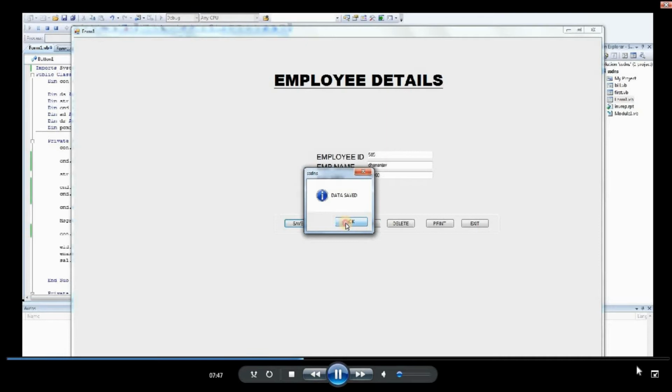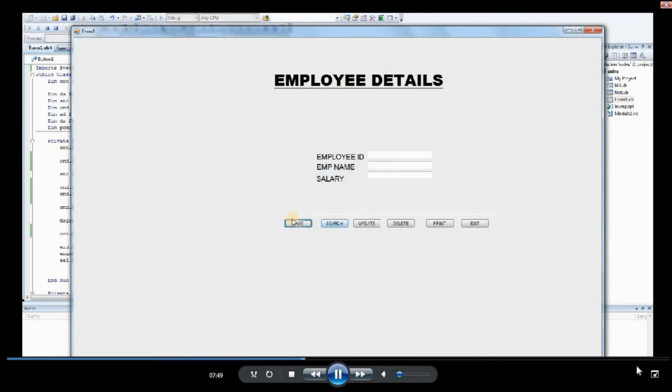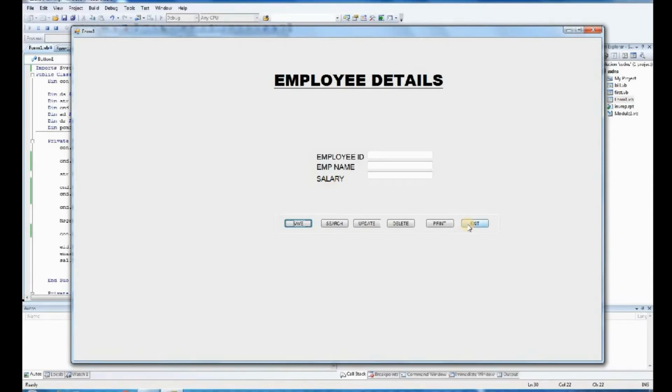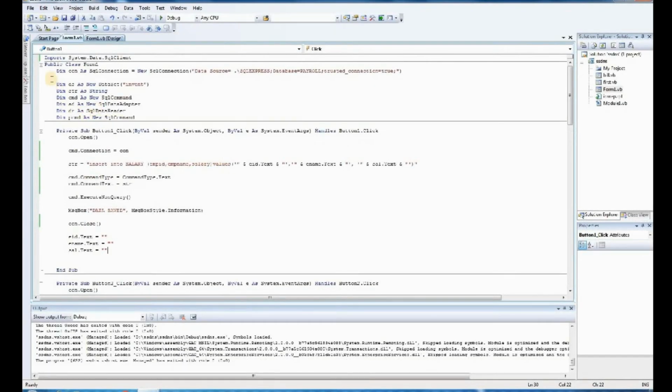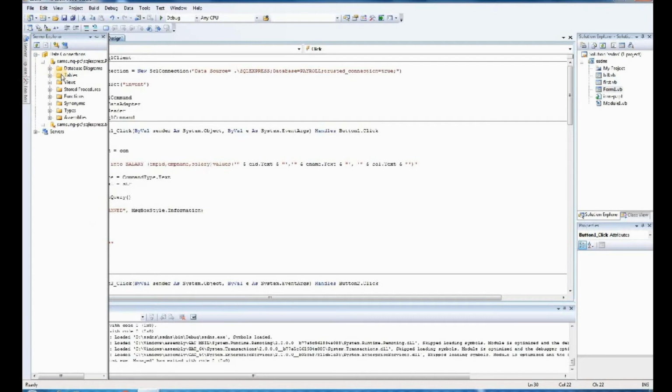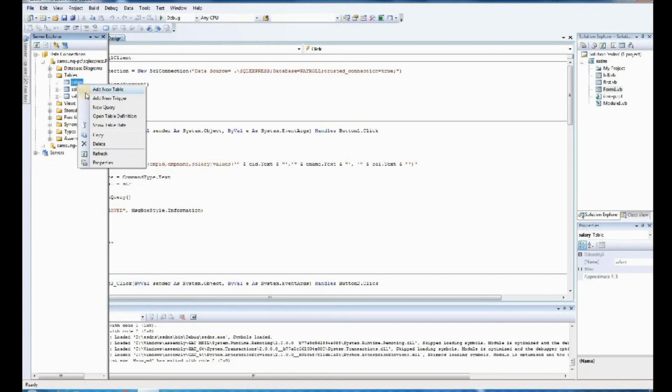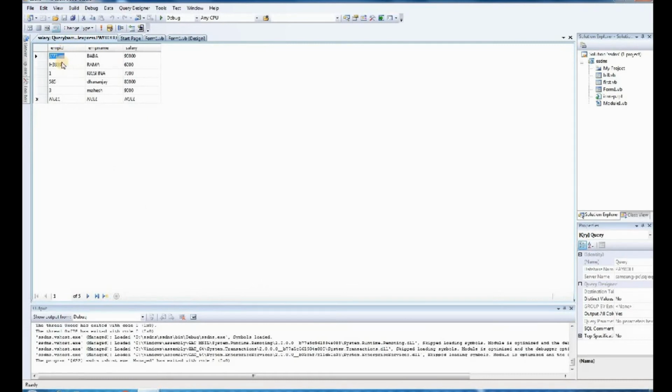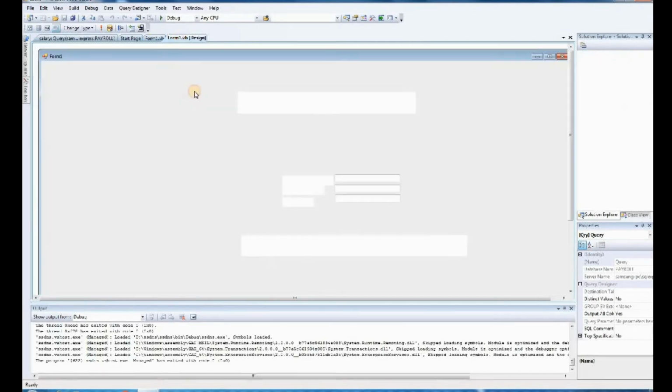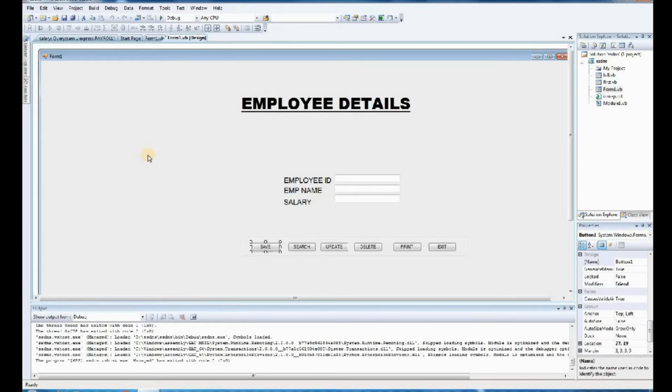Its indication is displayed like this, and then you can go back to the SQL Server viewer and check whether it is saved or not. Just go back and then in Server Explorer, expand that, right click tables, select the table which you created, and then show table data. Once you click show table data, you can see all the records you saved. Okay, so the final last data you can see there is what I entered. So this is the save button code.